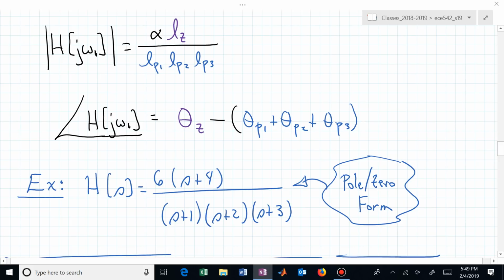And the order is determined by the number of poles. Here you have 3 poles, so it's a third order transfer function. How many zeros do you have? Finite zeros. You have 1 finite zero. Has anybody ever talked about zeros at infinity? You have 2 zeros at infinity because you actually have a difference between the number of poles and the number